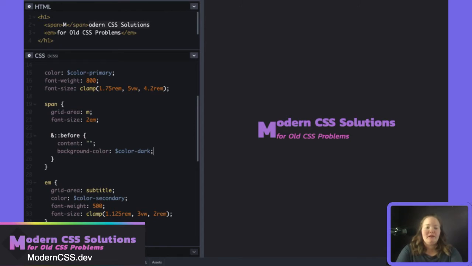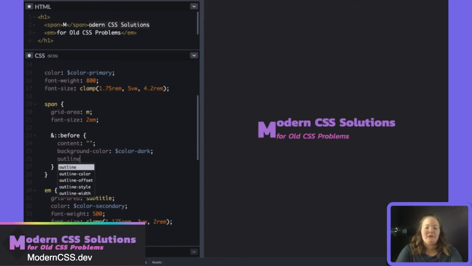And before I do that, I'm going to give it an outline just to help it be visible when we start working with it. So you can actually see right there. That's what it is right now because we haven't, again, given it any size properties. There's a few ways to apply this, but the way from working on this that I found to be most scalable,